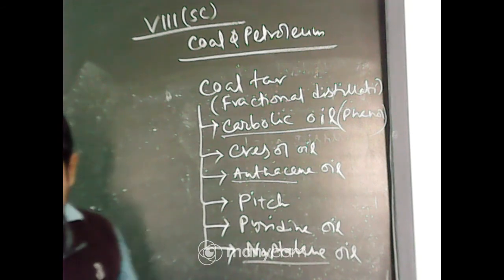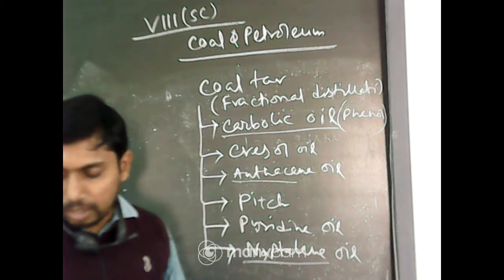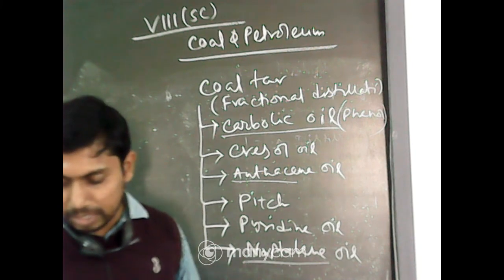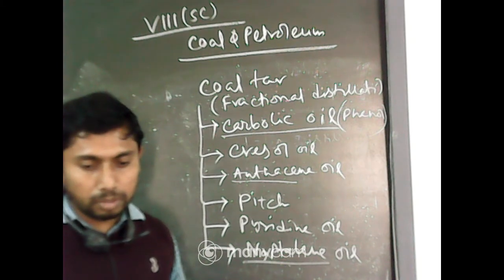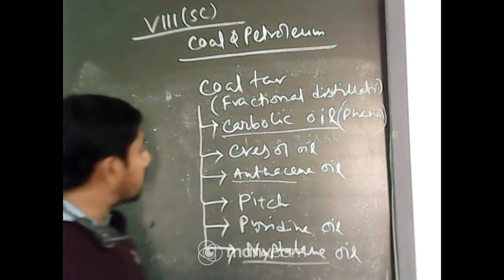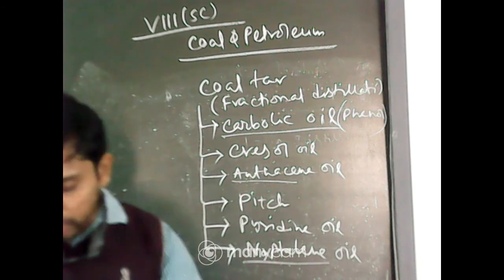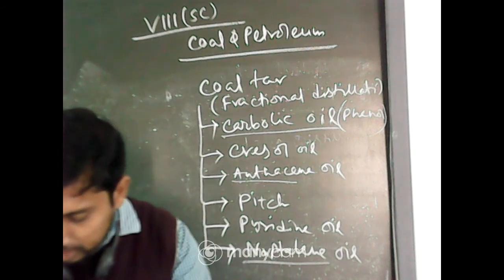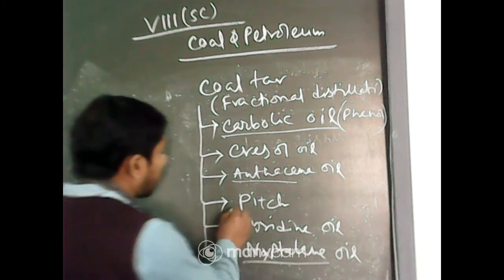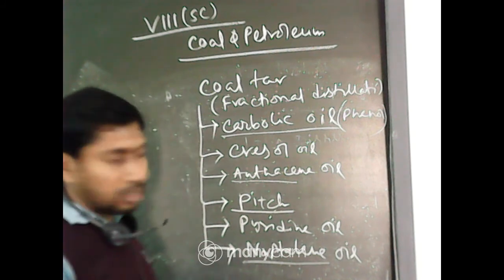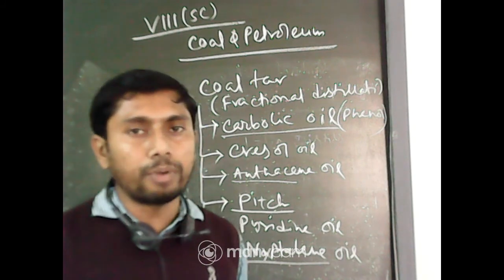Next one, the uses of petroleum are given here also, in the form of a table in your book on page number 60: petroleum gas in liquid form, petrol, naphthalene oil, anthracene oil, kerosene, diesel, lubricating oil, paraffin wax and bitumen. This bitumen we also got from petroleum. So from coal we got the pitch, but we got the bitumen, which is nowadays used, which is the byproduct from petroleum.